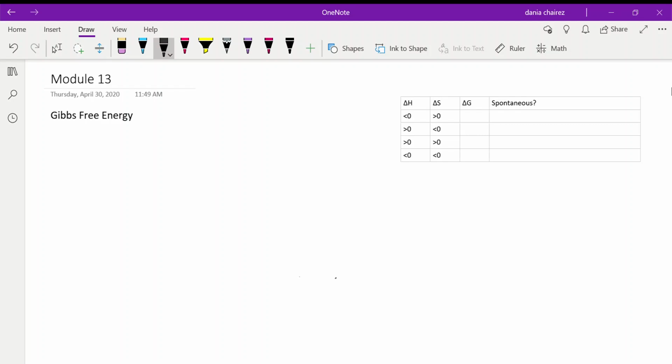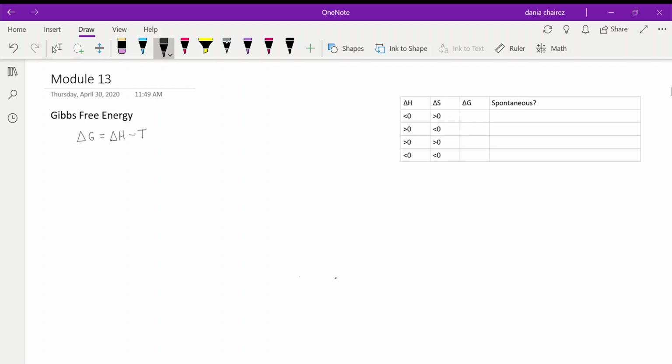And I know the way that our workbook is set up here at UTEP, it teaches you the separate parts of Gibbs free energy. It's weird and not as flowy as I want it to be. So the way that I do it is that I'm going to give you guys a formula for Gibbs free energy and then explain what every component of it is, how to solve for the different components, and what they mean. Cool. So the formula for Gibbs free energy is delta G is equal to delta H